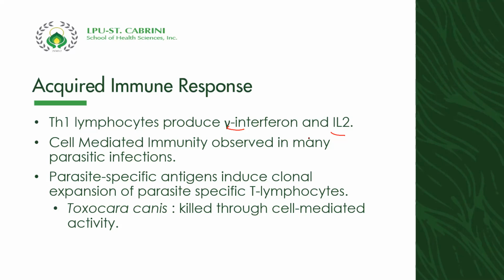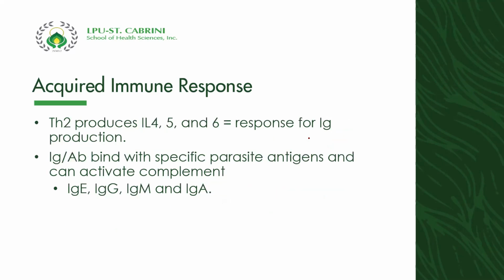Ano ibig sabihin, sir, ng migration? Toxocara canis has what's called a migrating larva. The migrating larva of Toxocara canis can be killed through the cell-mediated activity. On the other hand, kung si T1 nagpo-produce ng gamma interferon at saka ng interleukin 2 to activate cell-mediated immunity,